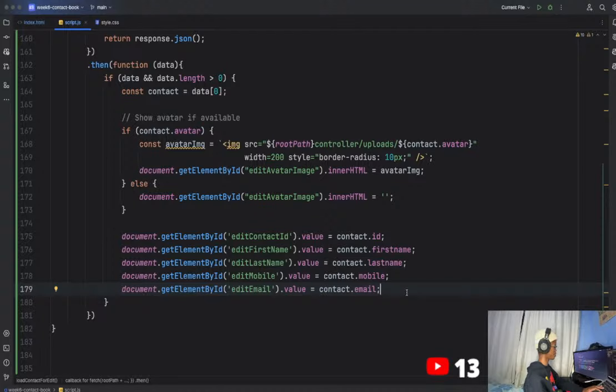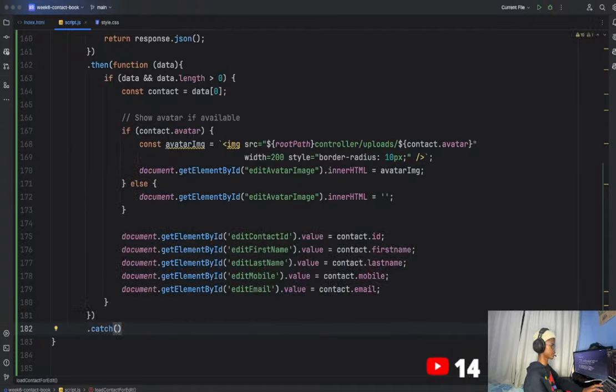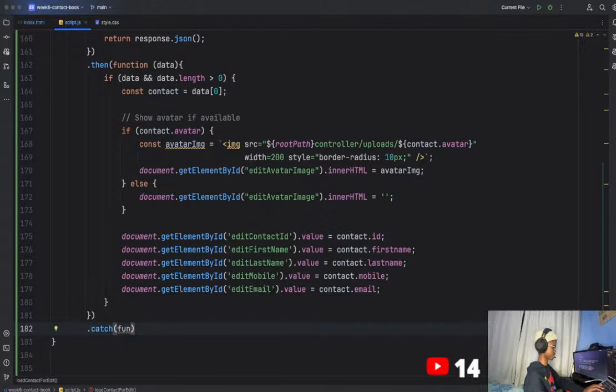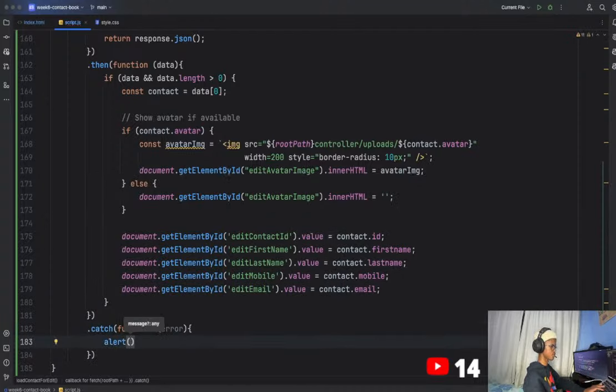Now we're done with that. Then outside of this, please make sure it's this, then the brackets and curly brackets. Then you do a dot catch. So now you want to catch the error. So you'll do a function that takes error, and then all you'll do is alert, to show the user something went wrong. Error loading